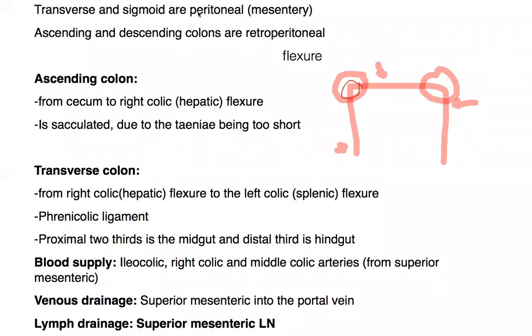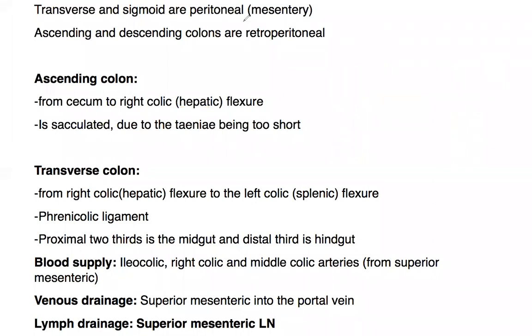تمام. طيب عندنا قلنا ascending colon، ترى عندنا transverse colon. Transverse colon بيبدأ من ال right colic flexure اللي هي hepatic flexure دي up into the left colic flexure اللي هي splenic flexure. تمام؟